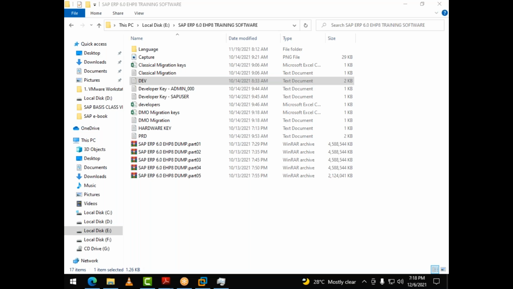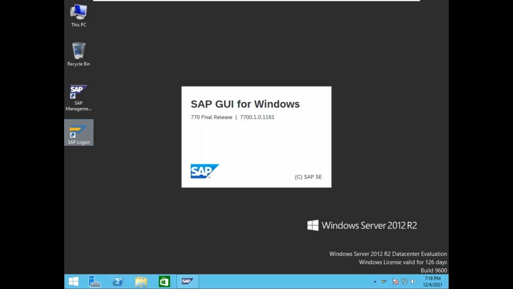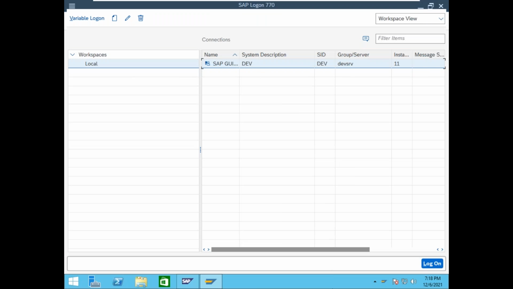Suppose we want to launch SWPM, we will be using that script, only for that one. Everything else remains the same. When you are opening SAP GUI, for that purpose you are using a command in Linux. After opening SAP GUI, everything is the same in Linux and Windows. There is no difference.